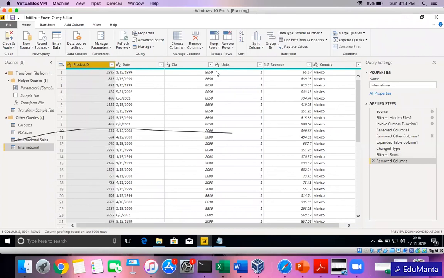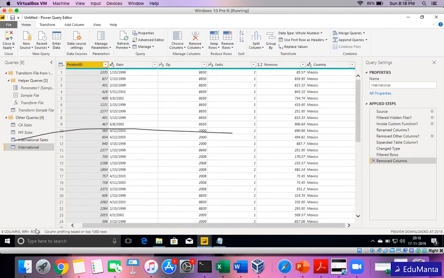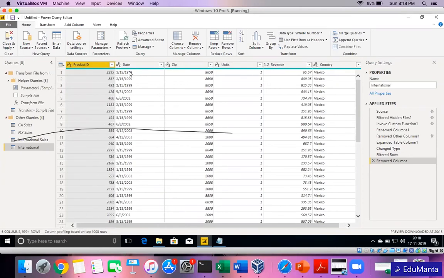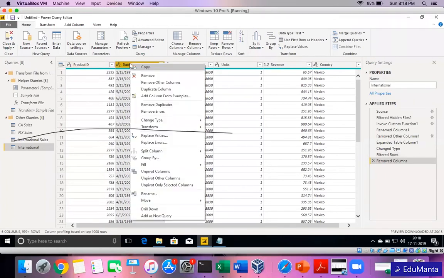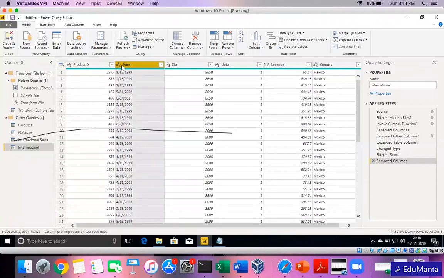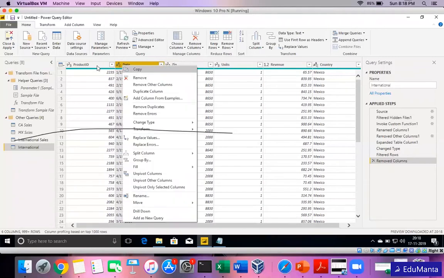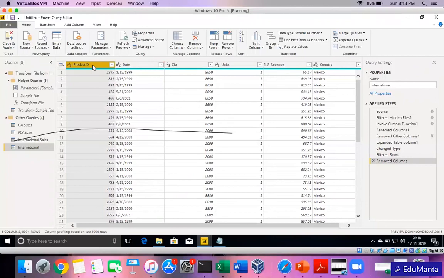Then there are several other columns. I can also format these columns per requirement. I can change the data type of any of those. For example, this is a date column, and if I want to change the type of this column, I'll just right click. You get this bar by selecting a column and right clicking, or you also get the options from the top pane here.